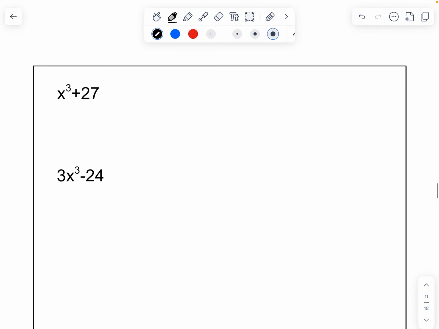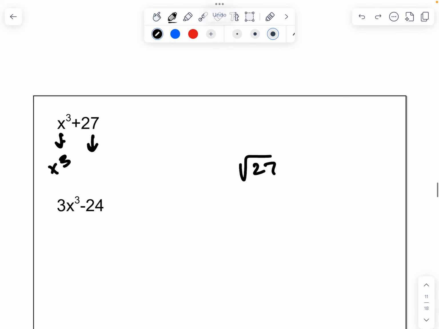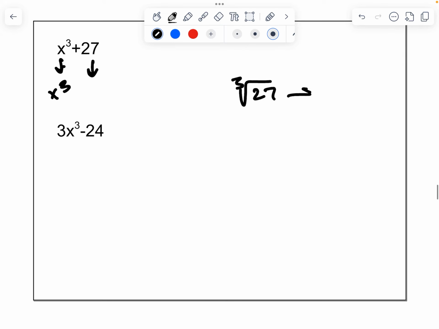All right, how about these? Do we have a GCF? We do not. Is that a difference? It's not a difference. It's not even squares. That's actually x cubed. Earlier I said if you take the square root of 27, it's not going to give you a nice number, it's going to give you a decimal. But if we do the cube root of 27 on your calculator, it's going to give you 3. So it is a perfect cube,